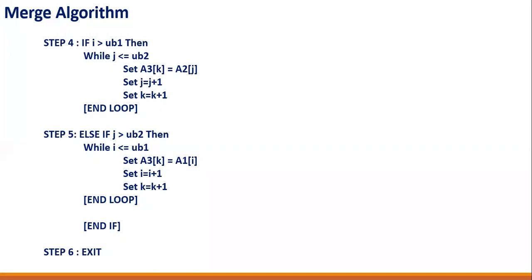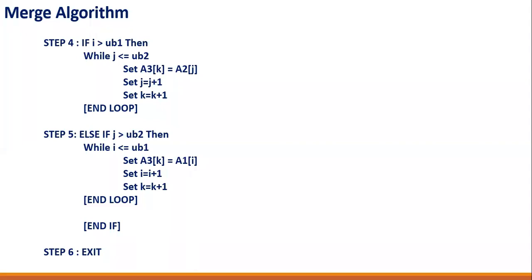So step 4, students, says a situation where array 1 is already over, but certain elements in array 2 are left. So we have to go till the end of array 2 and copy all these elements into array 3. That is one scenario, the same scenario which is there in our example also. All the elements of array 1 were over and array 2 was left, and we finally copied one element from array 2 to array 3. Another scenario could be that all the elements of array 2 are over and some elements of array 1 are left. So what will be the next case?